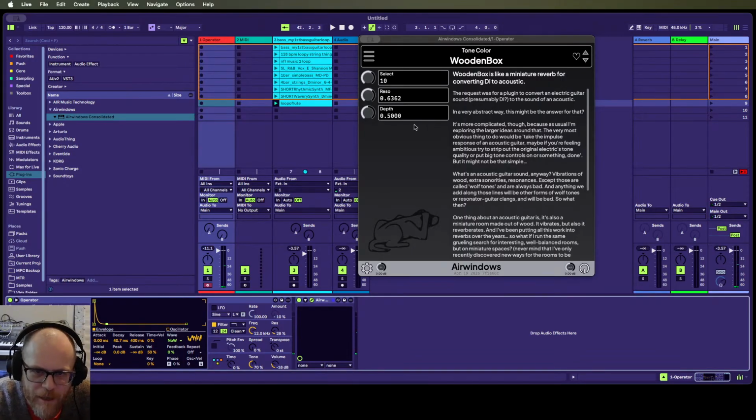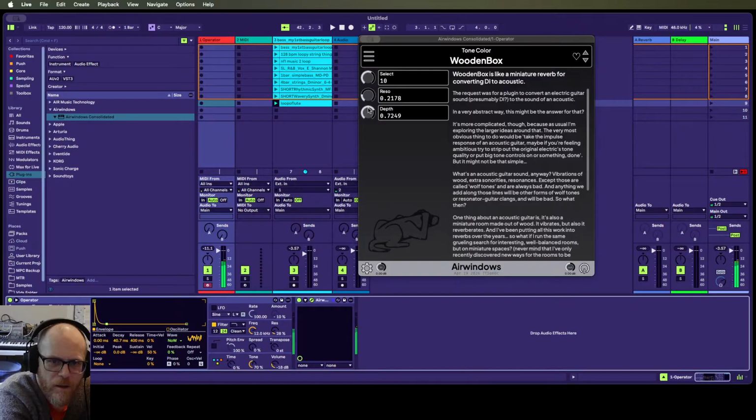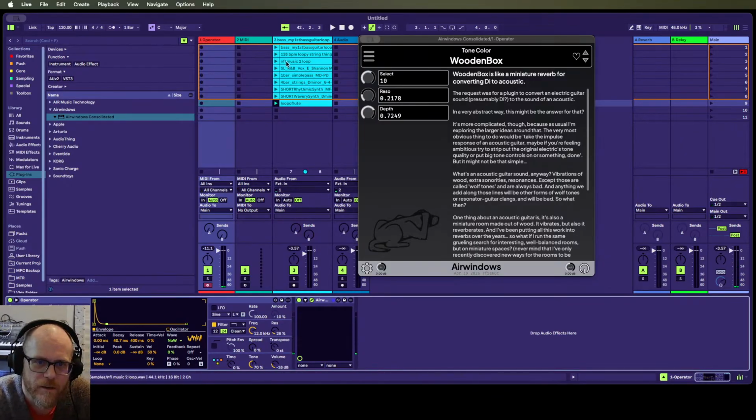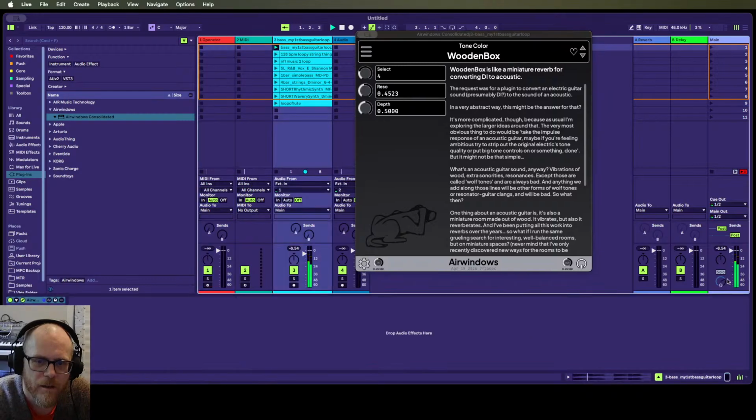So, yeah, it's basically just an acousticizer for various synth sounds, period. And like I said,